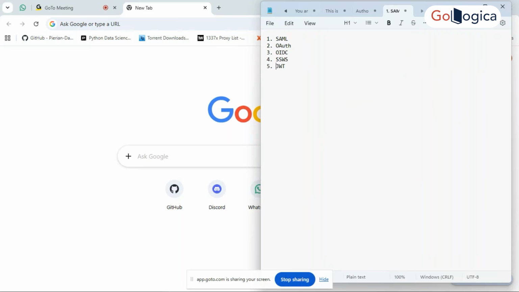Quickly discussing the first three. The first three are basically the application security protocols: SAML, OAuth, and OIDC. So let's write the one-liners for all these three. SAML is used